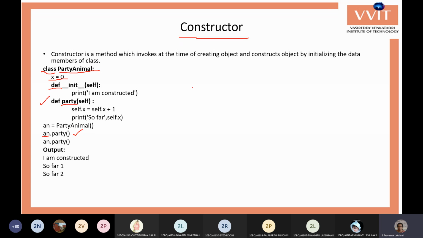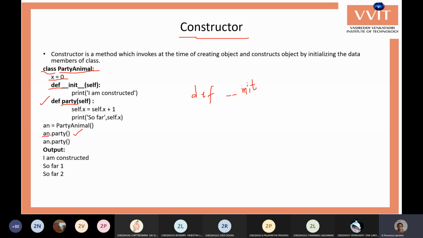The constructor method also has the def keyword, because to create any function in Python we require def. The constructor has a special name, with two underscore symbols initially, and the function name of the constructor is init. This is the name given for the constructor method.